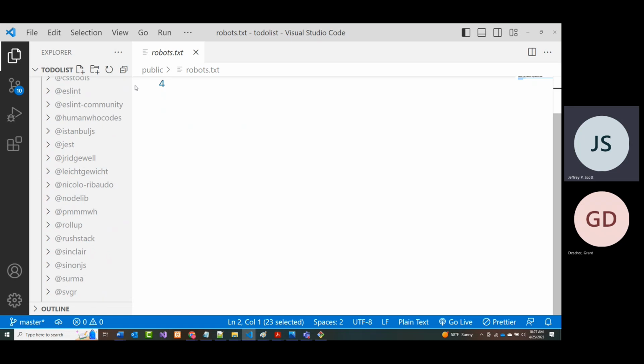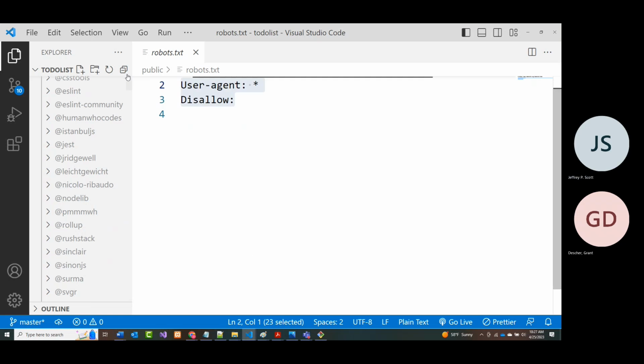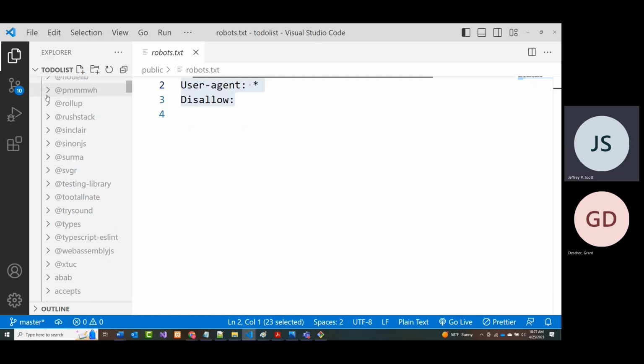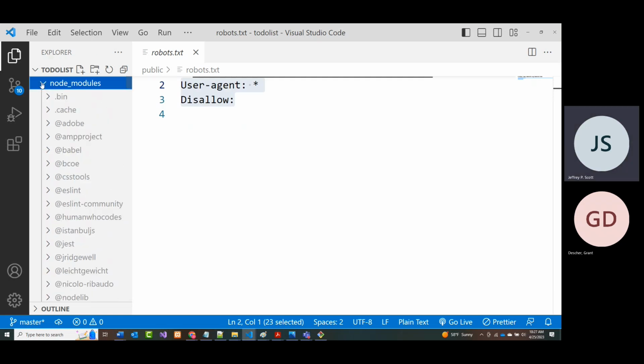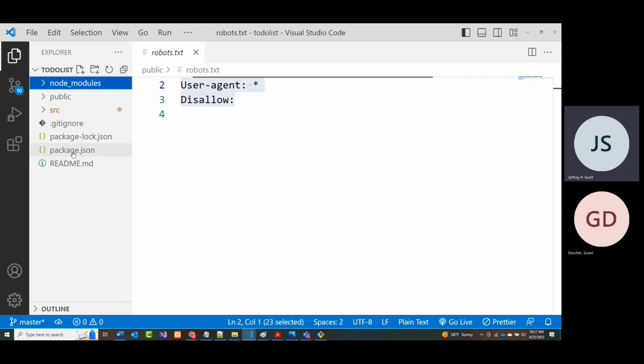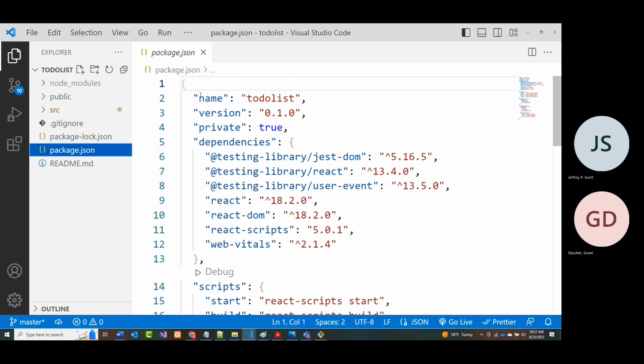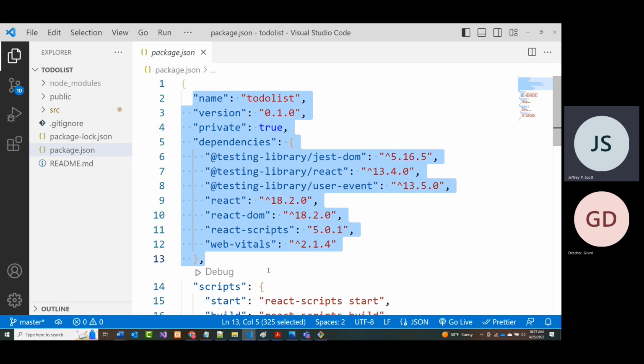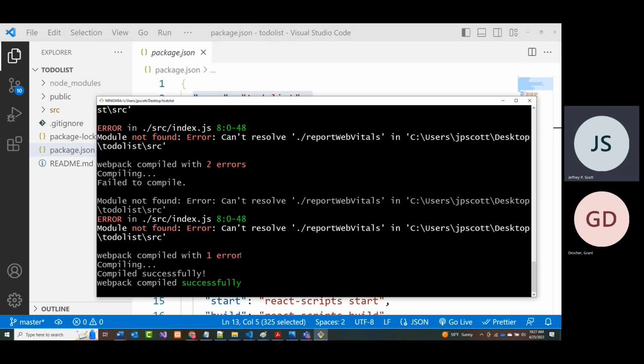And I said you don't even need to provide it. And the reason that you don't need to provide it is if you have this package.json file that I showed you before, and then you go and upload this without these files,